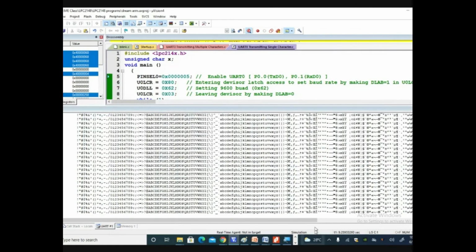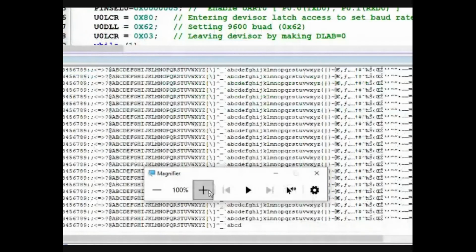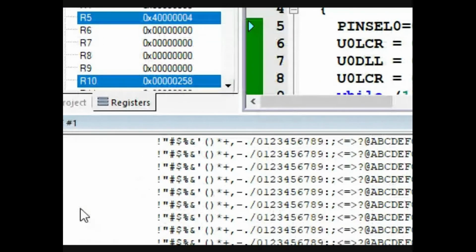So this is the serial window. You are able to see all the ASCII characters getting displayed. Starting from the exclamation mark, there are some spaces, right? These spaces are 00 to 20. The form feed and line feed come here.